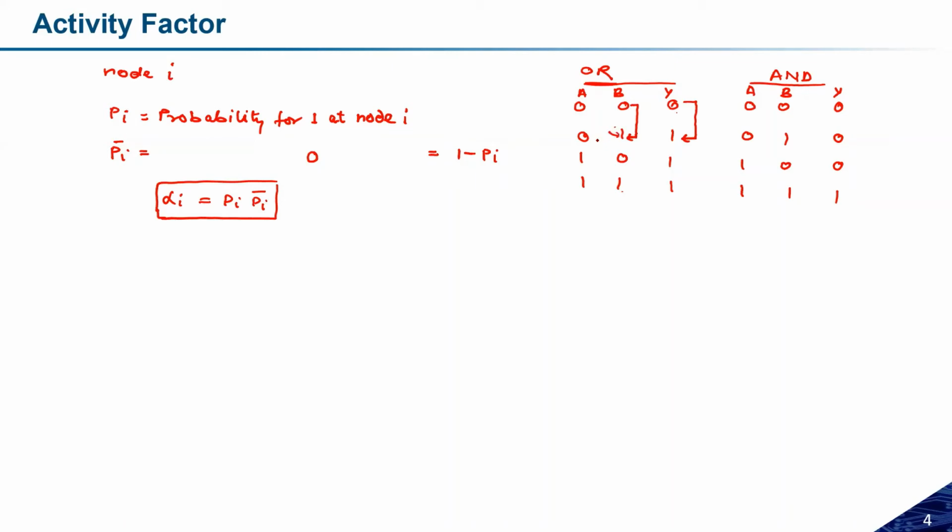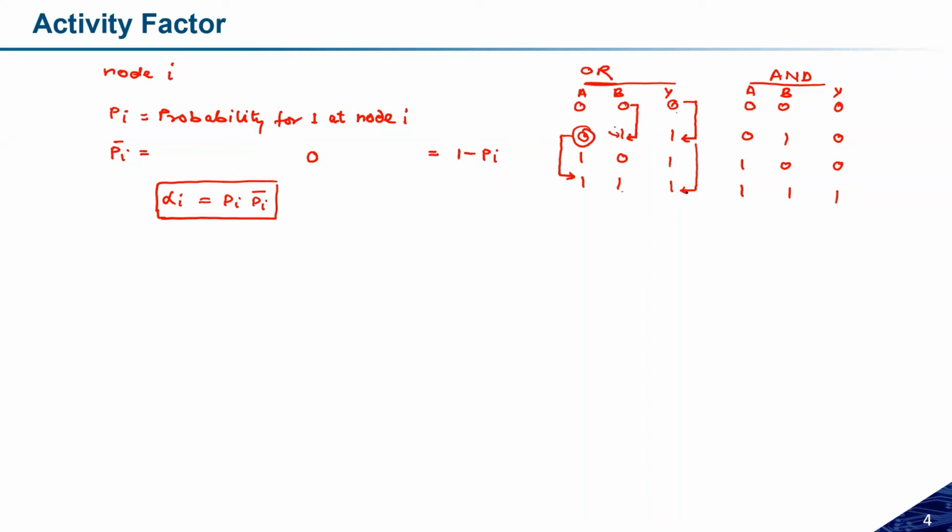Now what I am doing is changing this input to 1 again. I have kept B as logic 1, but I'm changing A from 0 to 1. Even though I have changed A, there is some activity factor at the input A, but the switching probability is not changing because the input remains the same, which is 1 to 1. The output remains the same, 1 to 1. So the switching probability is not changing. So the switching probability depends on which kind of logic I have used.